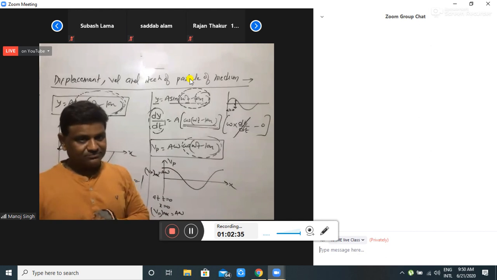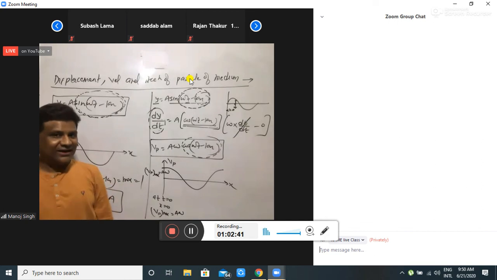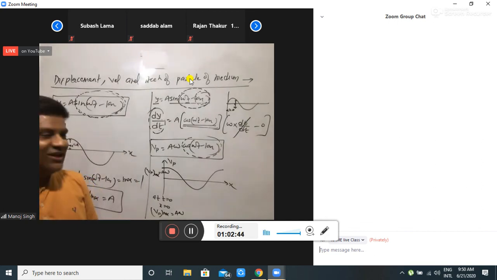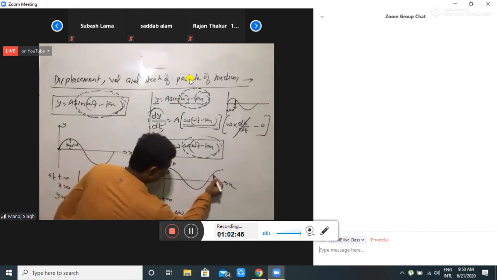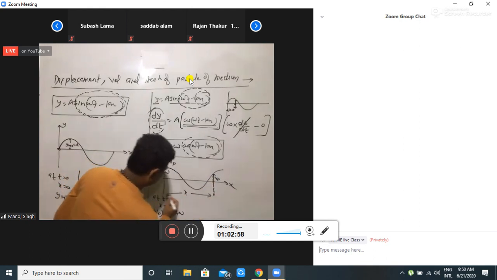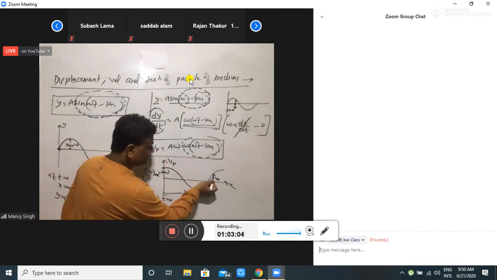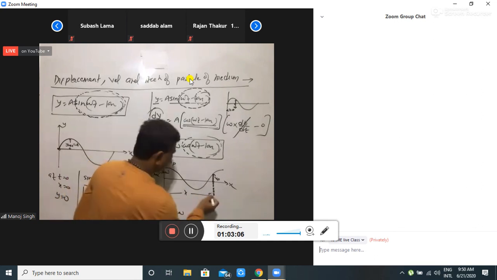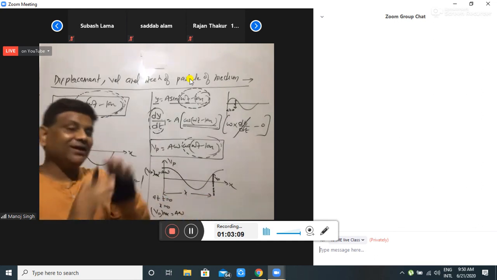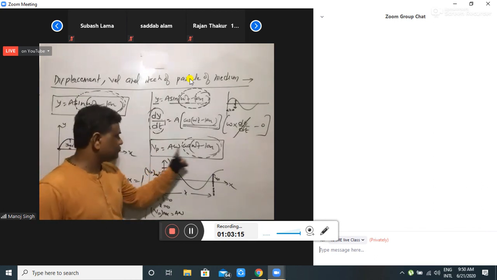Now, if we are differentiating this velocity with respect to time, keeping x constant. I repeat again here, as time changes, velocity of the particle also changes. But for this particle, x does not change. So keeping x constant, whenever we are differentiating this equation with respect to time,